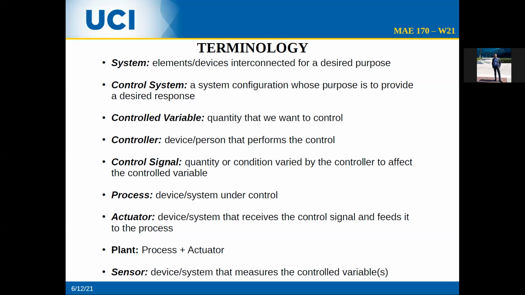And then finally, we have the sensor, which is the device or the system that measures the control variables. In this case, it's your eyes and the sensation on your hand, because your eyes give you an estimate of the position of your hand. And also, it's very important that you're able to feel with your hand, and that is still a sensor. So try to get comfortable with this terminology and try to think about other examples like that.